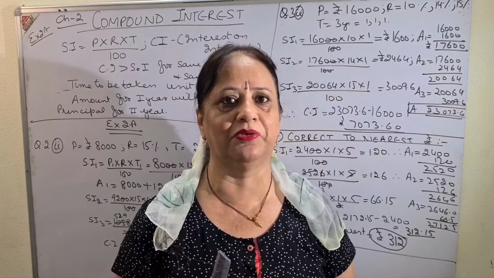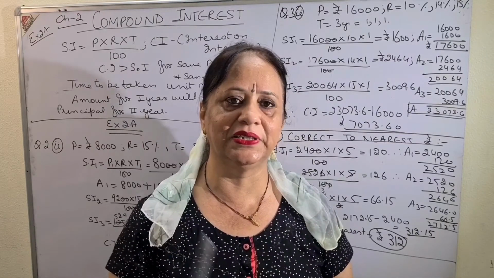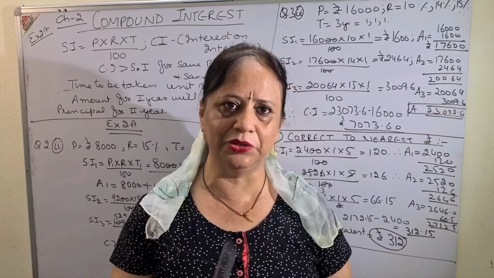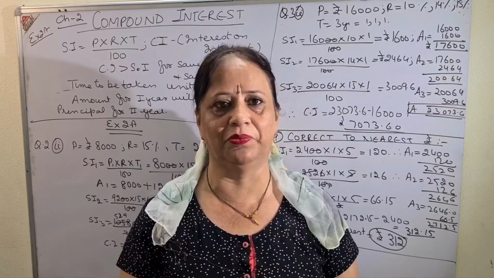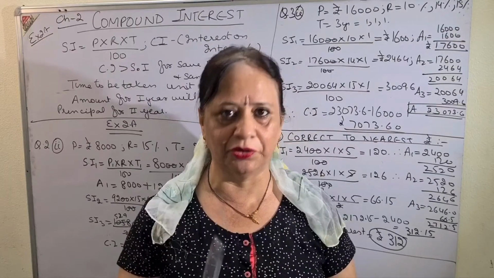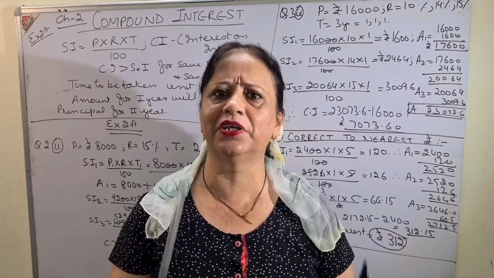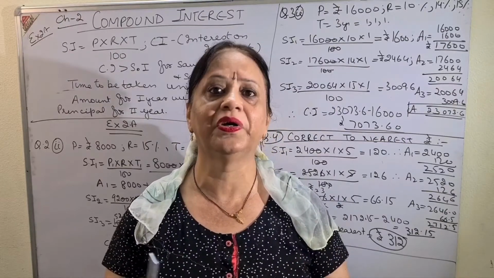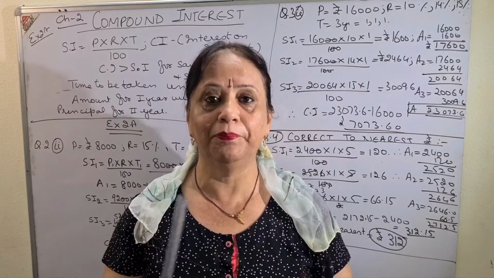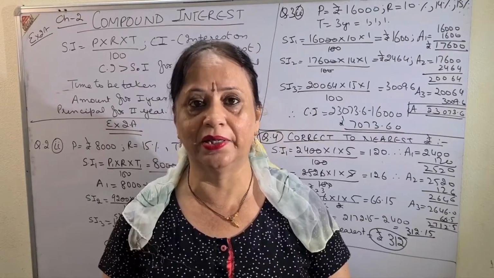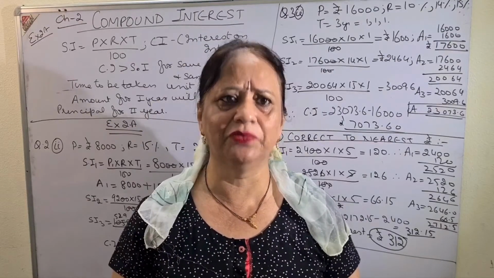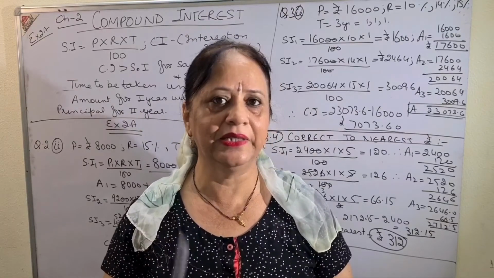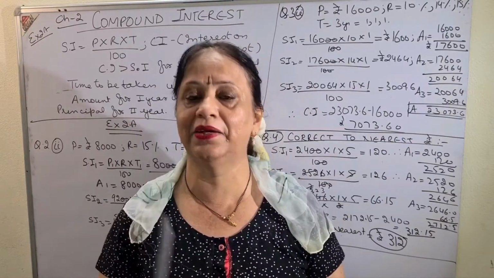We have two types of compound interest chapters in this concise mathematics of your 9th standard. One is with using formula, one is without using formula. Today I am going to discuss without using formula. As I say the word without using formula, that means the formula which is to be used is of simple interest, P into R into T upon 100. Then what is the difference? You will ask, ma'am, what is the difference then? The difference which I am going to tell you, right now you must understand very nicely.